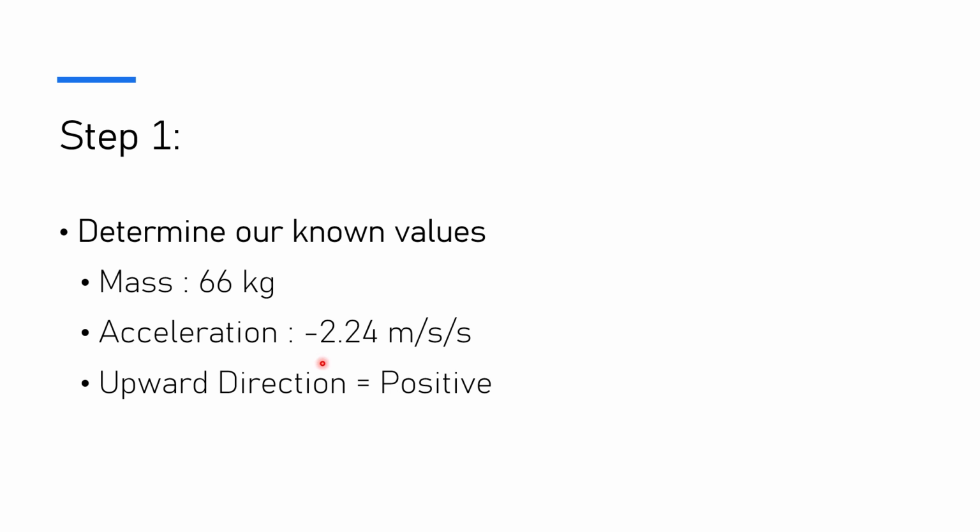I see it a lot, and I've done it myself, where we drop that negative and all of a sudden our value is completely wrong. We have to make sure that we account for that negative throughout the whole problem. And then another interesting point that a lot of people miss is that the upward direction is positive. This is actually important data for the question. If you don't align yourself with how the question wants to be answered, you'll get a wrong answer. So now that we have our known values,